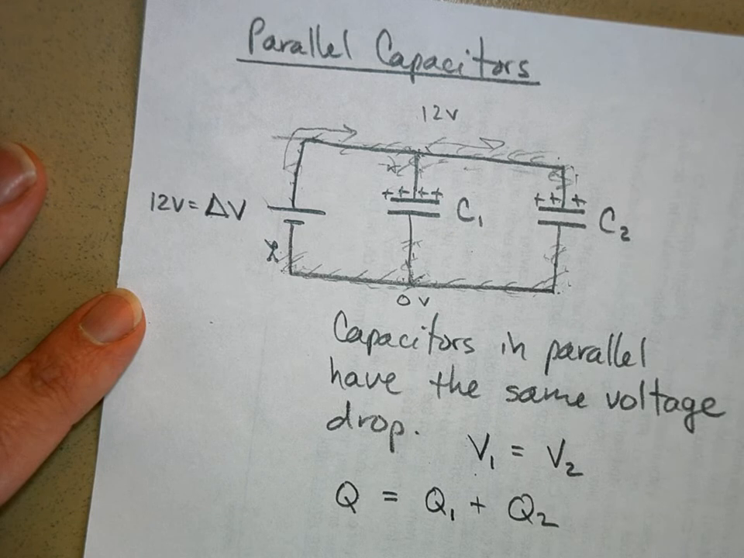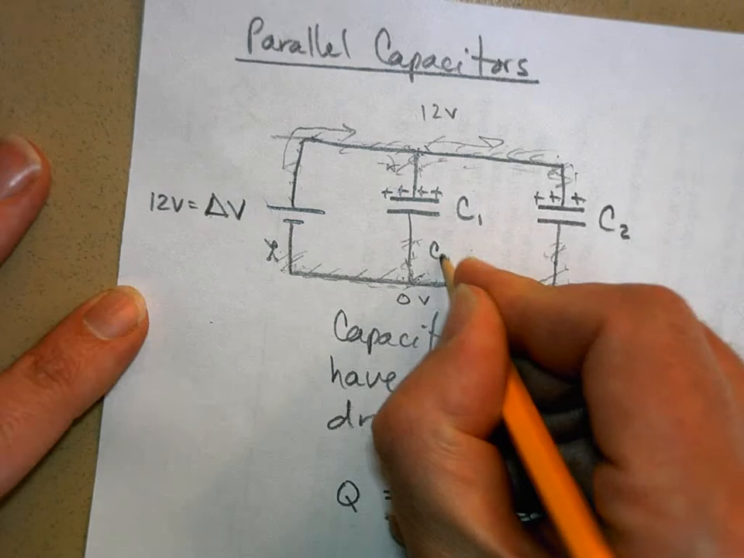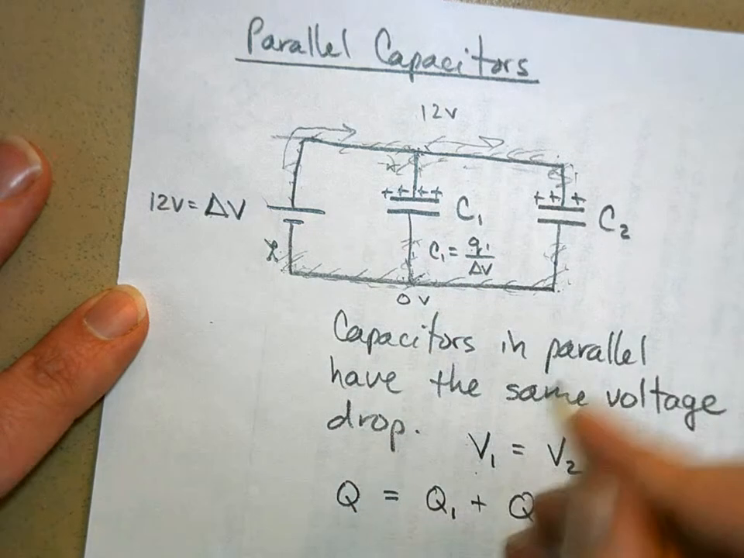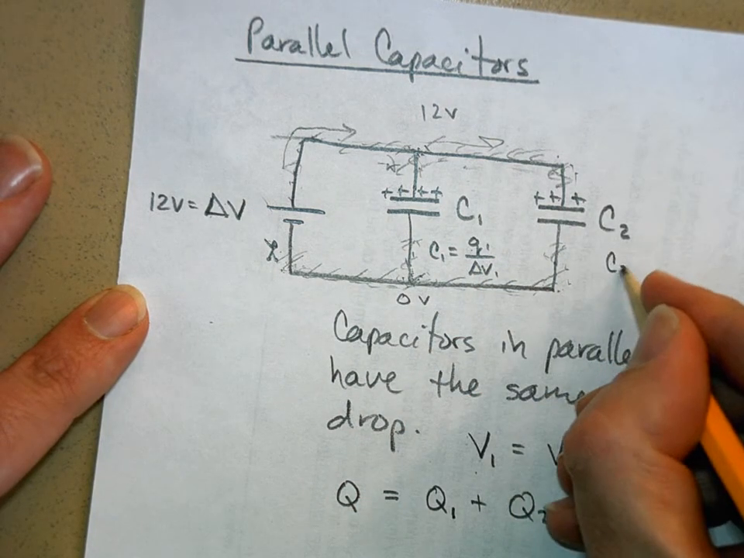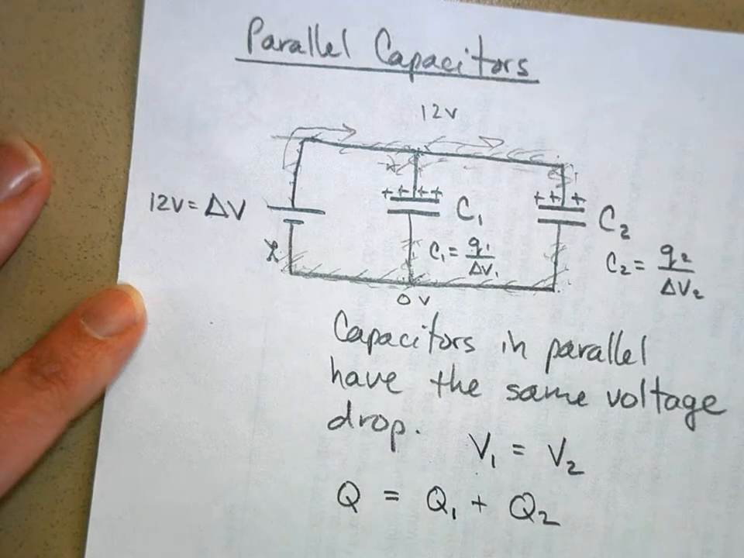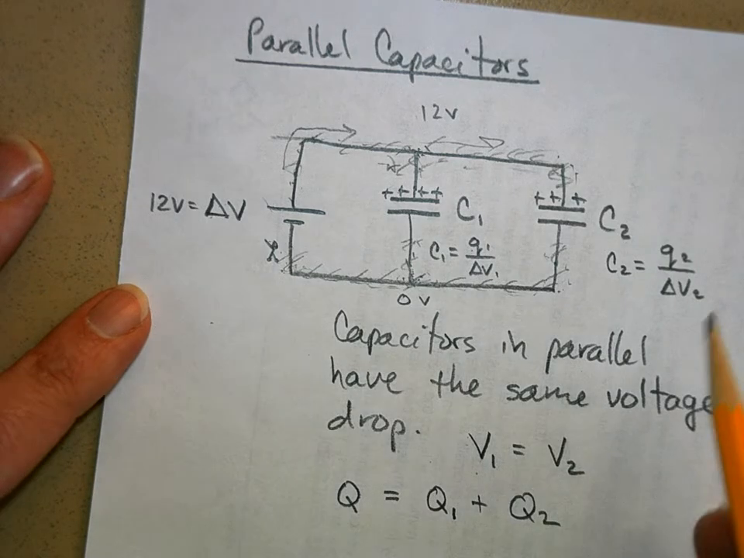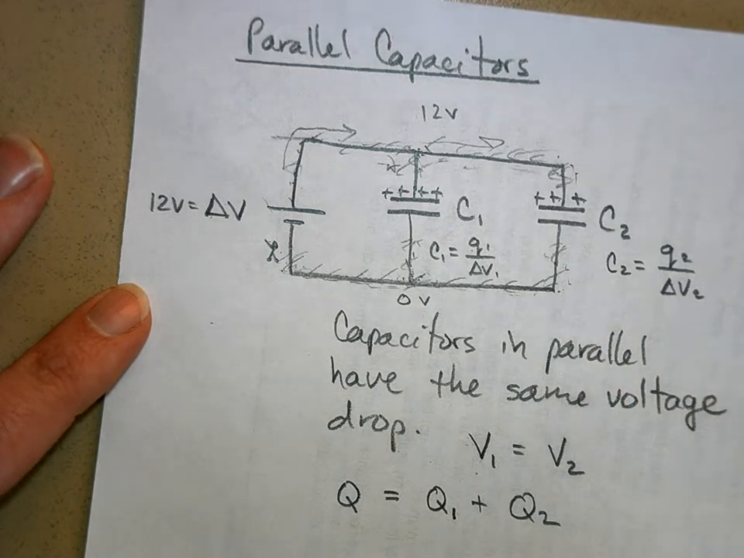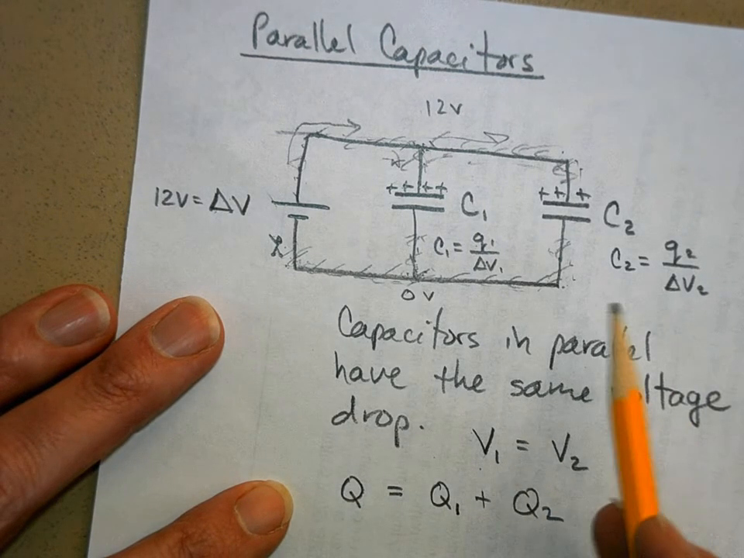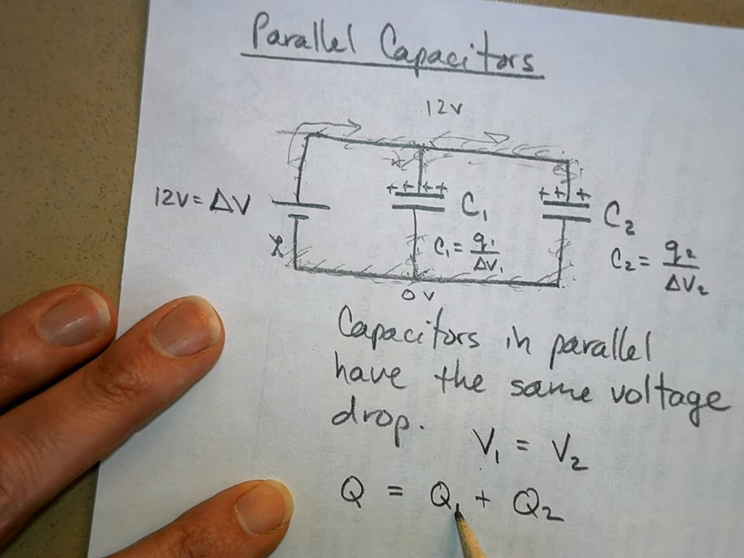Okay. C1 is equal to Q1 over delta V for capacitor 1. C2 is equal to Q2 over delta V for capacitor 2. So I can do a substitution here. Let's solve this for Q1. So Q1 is equal to,